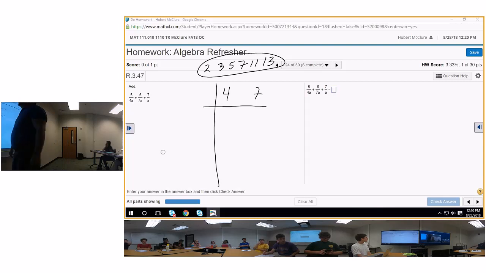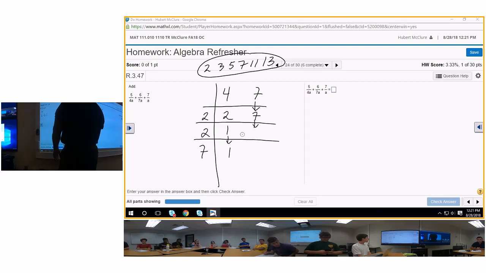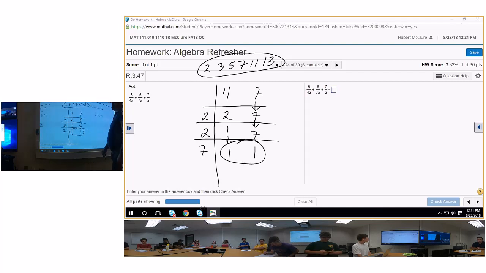So 2 will not go, nothing will go into them, so you're going to have to use magic math. 2 will go into 4 2 times, 7 comes down. 2 will go into 2 1 time, 7 comes down. 7 will go in, that'll come down. 7 will go 1 time. When you get 2 1s on the bottom, you've got your common denominator, which is 4 times 7, which is what? 28. So you put 28a, 28a, 28a,